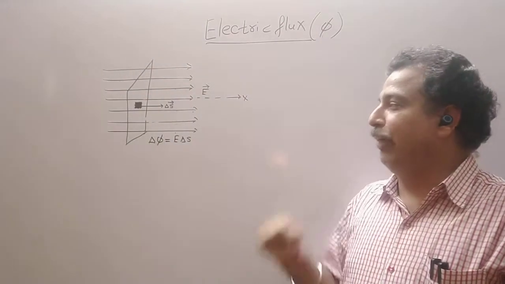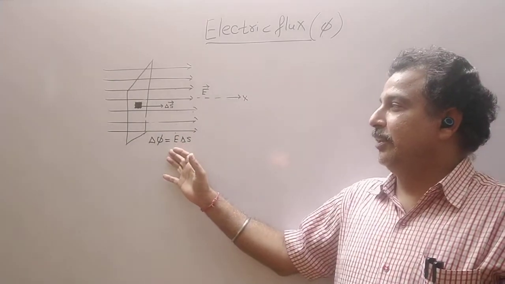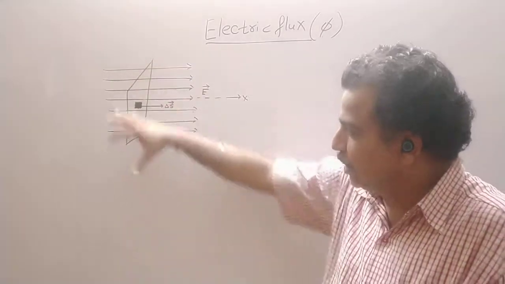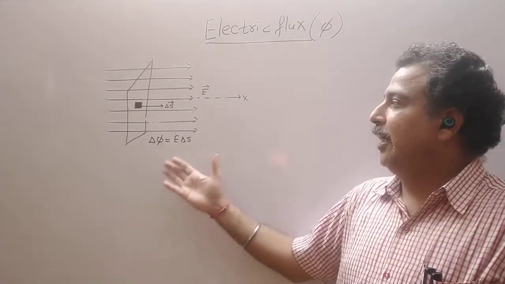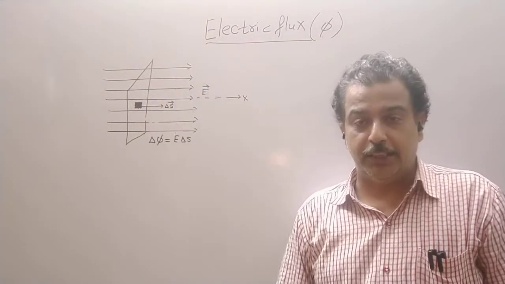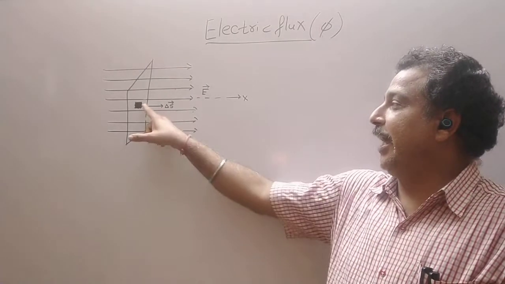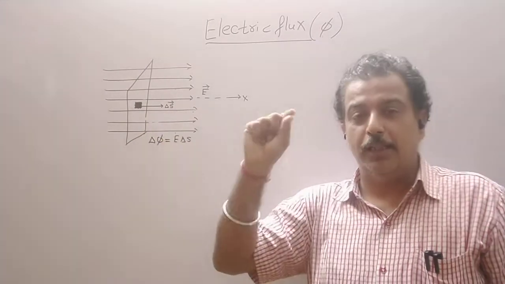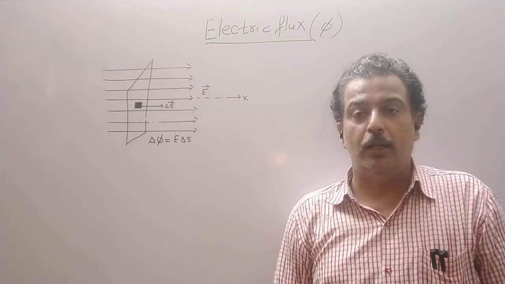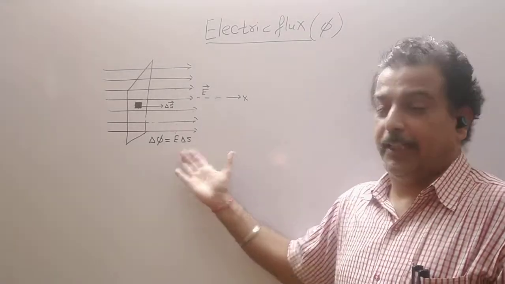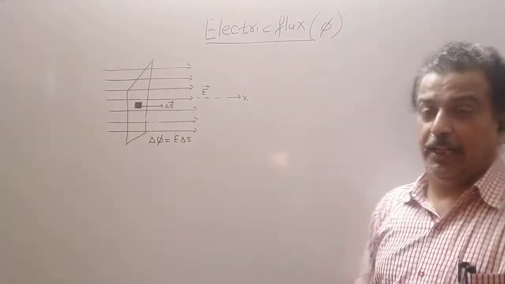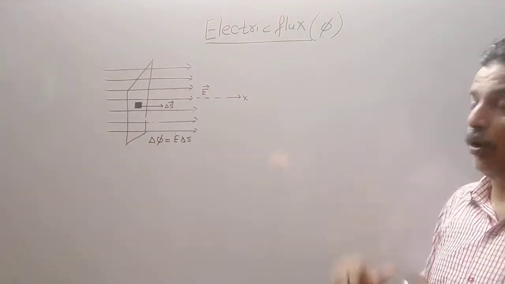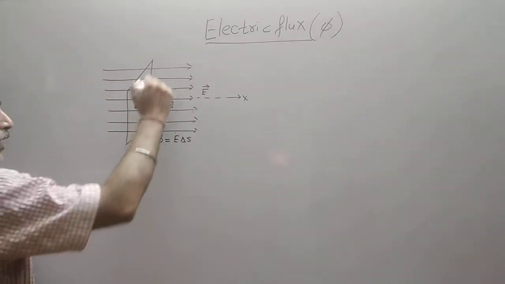If I want to find out the total flux, I will do the summation of all the small elements of this plane sheet. Or if there is an infinite plane sheet in such a way that delta S tends to 0, or the area elements are very small, then we do the integration of this equation. That we will see later on. Now let us change the orientation. This orientation can also be drawn like this.